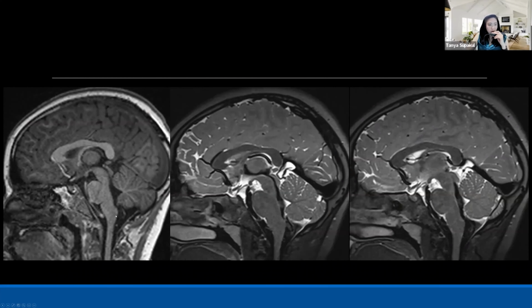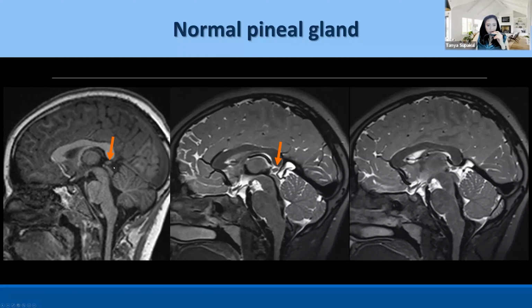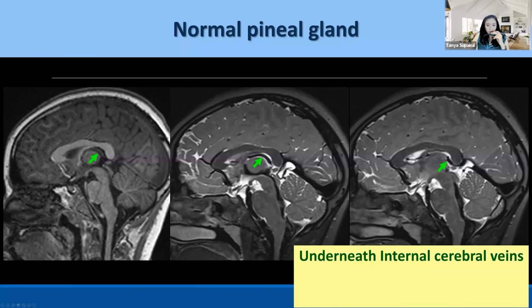So look at the normal anatomy in this patient. Pineal region over there, right? Normal pineal gland. There are a couple of anatomy checklist items for you. First thing, this is a T2 image, and this is T1. There is a vessel, one vessel of furroid over there. That is an internal cerebral vein. The pineal gland almost always sits underneath the internal cerebral veins and also underneath the vein of Galen, right? And on these images, you can see the flow signal through the cerebral aqueduct that shows this is a patent cerebral aqueduct.